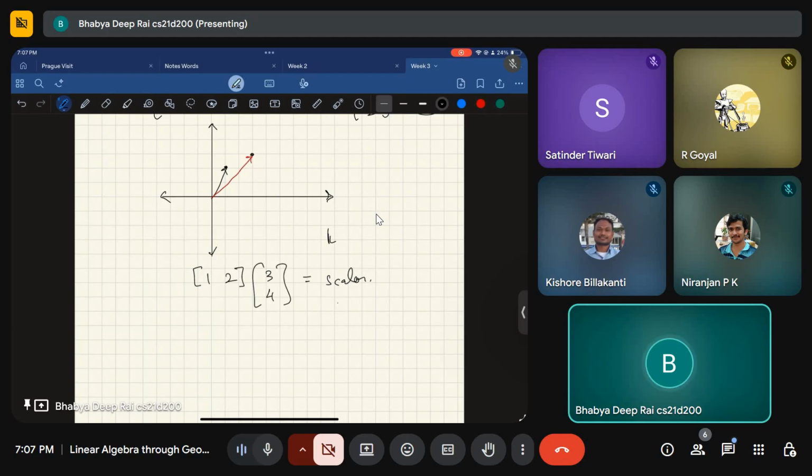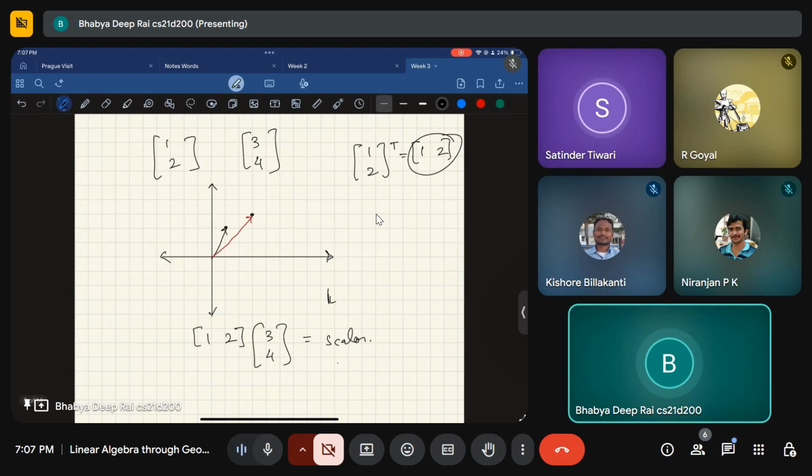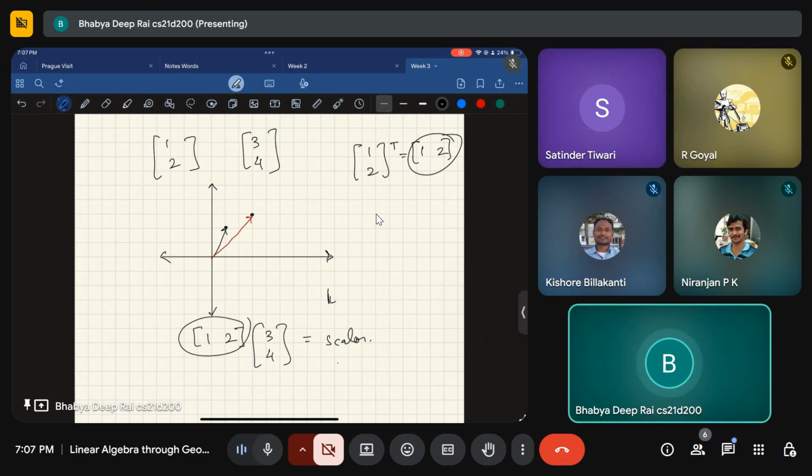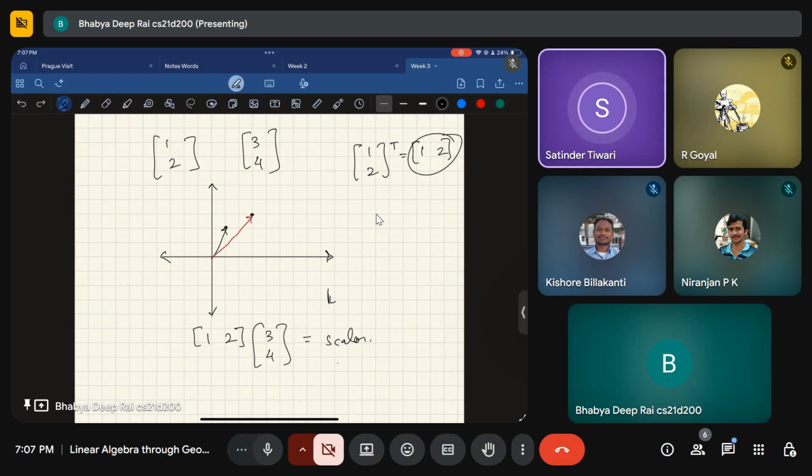But how will you plot 1 2 in the graph? Sorry, this transpose of 1 2. So I'm saying some tool must be there on the internet or somewhere. Some software will be there, like we plot the graph, then we see that in the transformation what is happening actually, where it is landing. Sir, transpose of 1 comma 2 means it is the same thing happening, like that 1 comma 2 has been transferred into the linear transformation, but this two dimension has been converted into one.